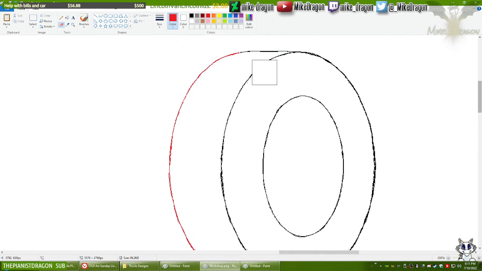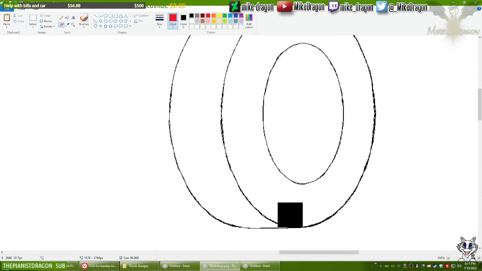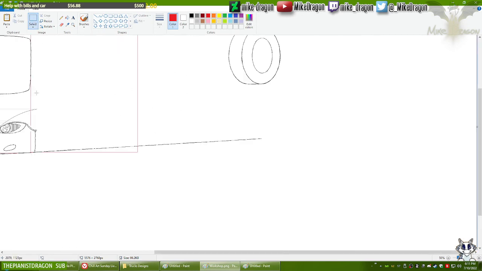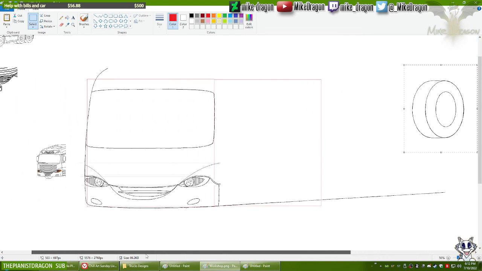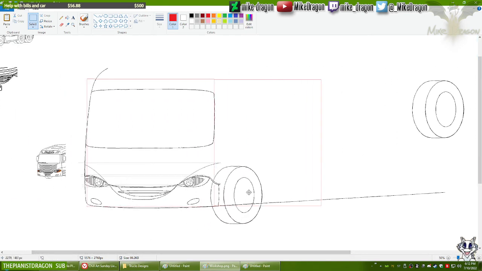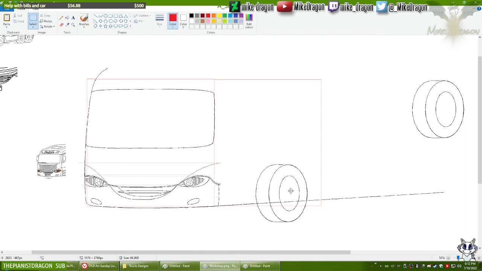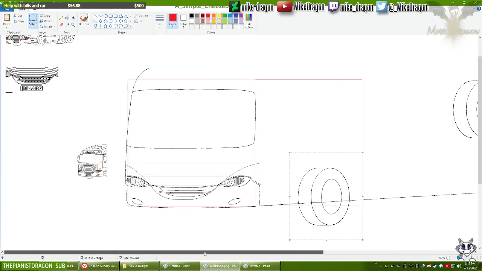And let's turn this red line into a black one and test our new wheel. Yeah, I think this might work.